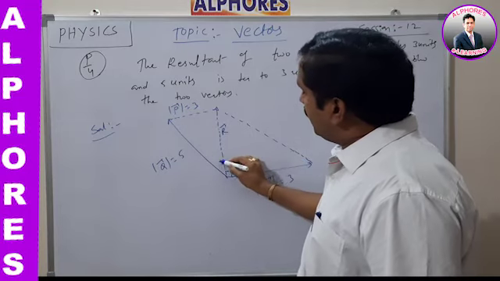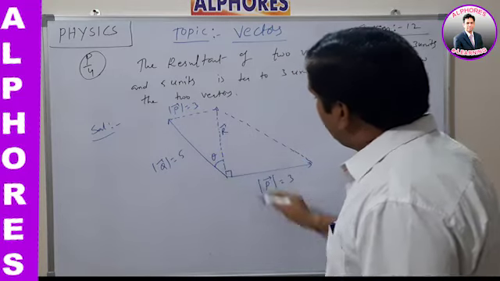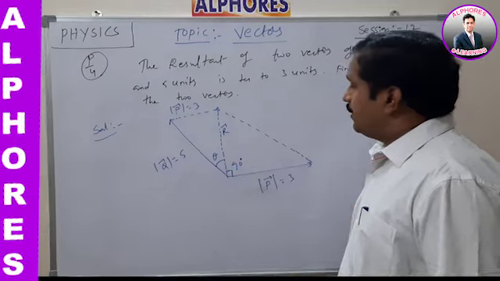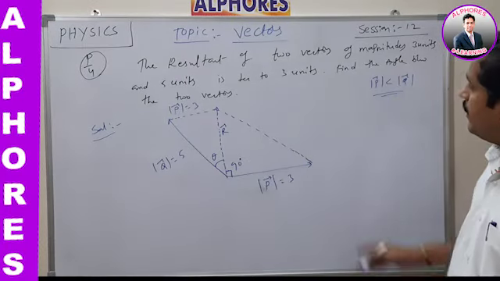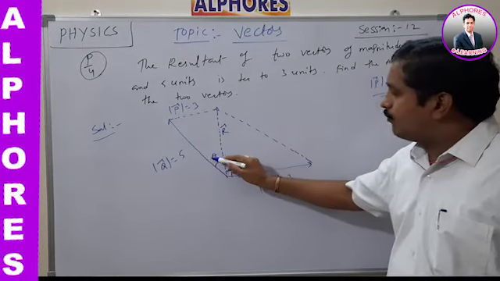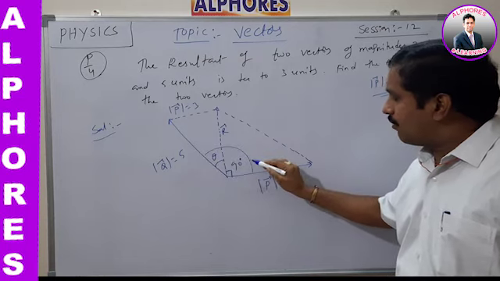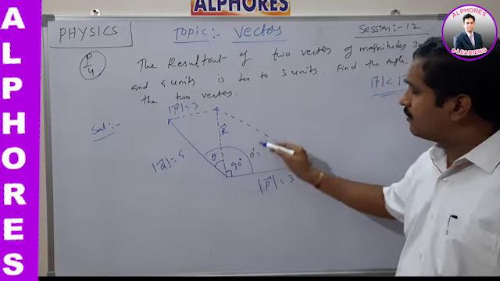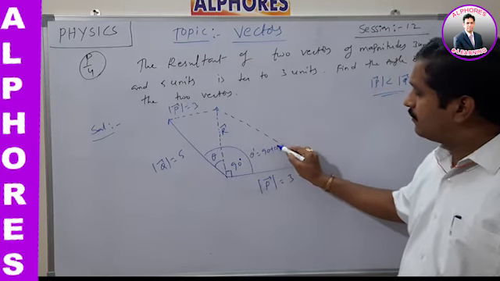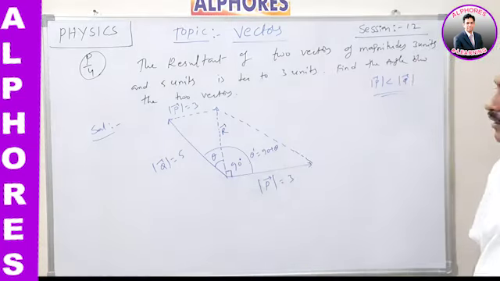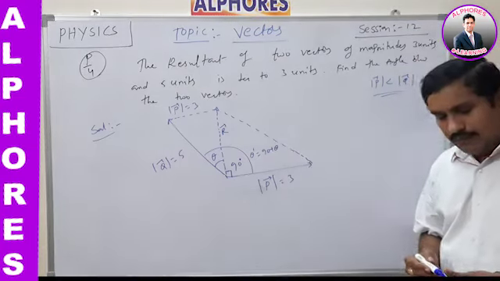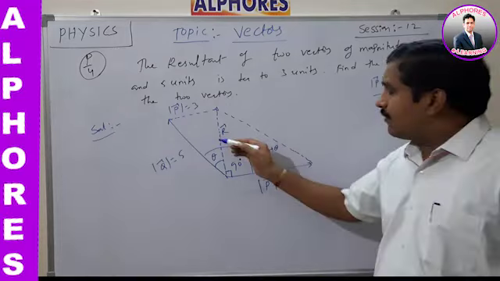Now let us say it can be taken as theta. So we know this is perpendicular, means 90 degrees. Okay, now in order to find the angle between the two vectors, we should find this total angle, theta dash. Theta dash is equal to how much? 90 plus theta. 90 plus theta. So about this diagram, please tell me what is the value of sin theta from the figure?